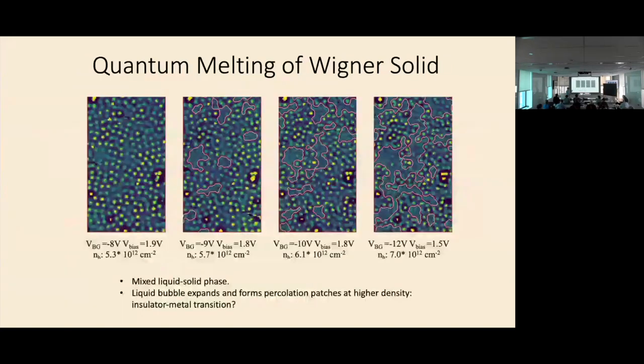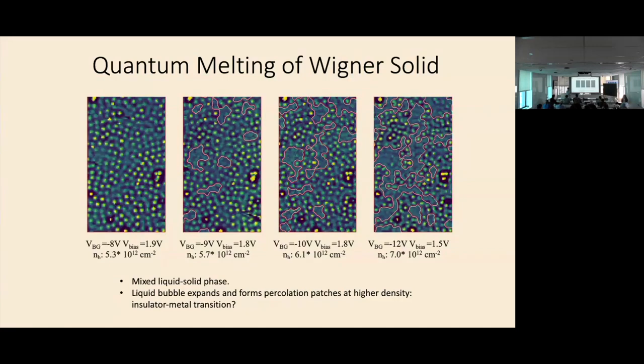And then next we can go to even higher density and see how things melt. In this case, all things are mostly spotty, like a solid. And when we increase the electron density, what we found is in some regions, it becomes more or less homogeneous. It's hard to have a perfect probe for solid and liquid. So for experimental purposes, we look at the local contrast. If the percentage contrast change is very small, we say that's almost like a liquid phase. And if the contrast is very strong, then we say it's like a solid phase. So we use that kind of